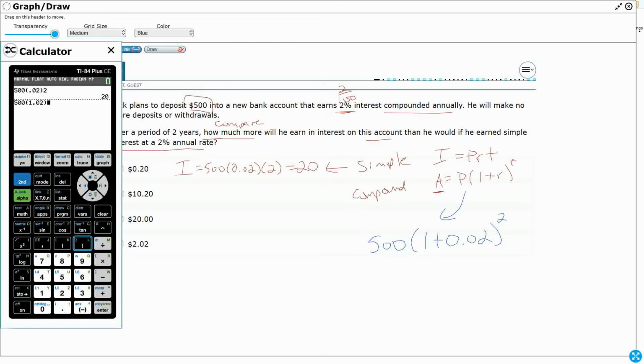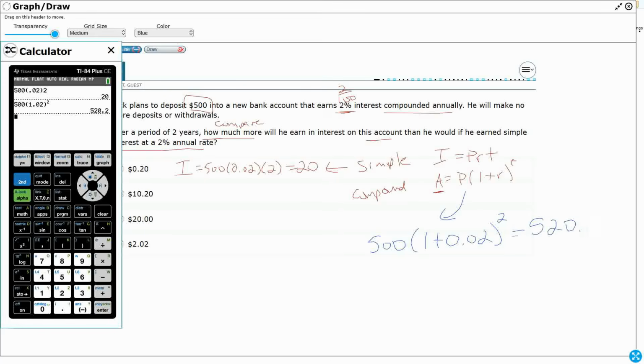I can do that x to the y, or since it is a squared, right, I can go ahead and just square it. So that works. But if it was something other than 2, you would need to do that x to the y so that you could change whatever that exponent is going to be. All right, so we've got 520 and 20 cents. Okay, so that's going to equal